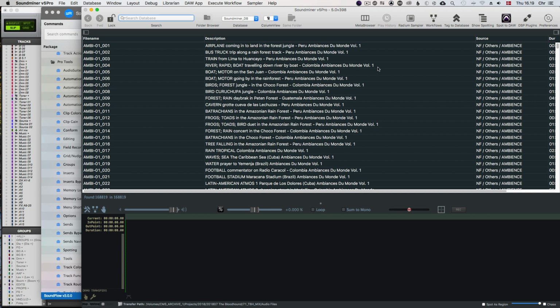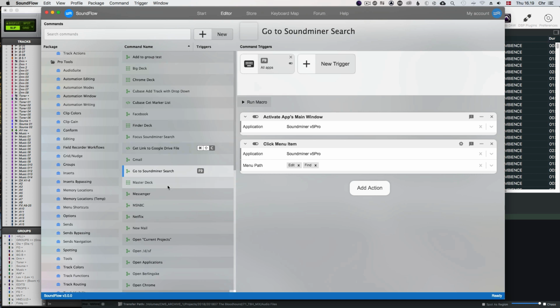Now, what if F9 was already allocated to something? Would SoundFlow be intelligent enough to say, no, it can't do that, that's already in use? Since SoundFlow works with a lot of different apps, not only Pro Tools or Cubase, we don't distinguish if this was already in use by a different program, but we do distinguish if it was used by a different place